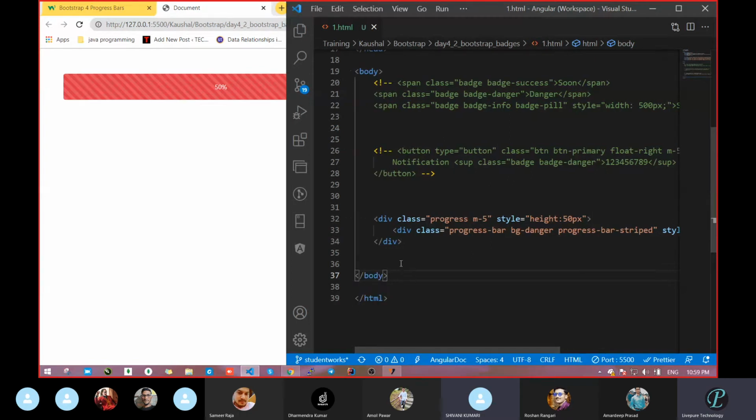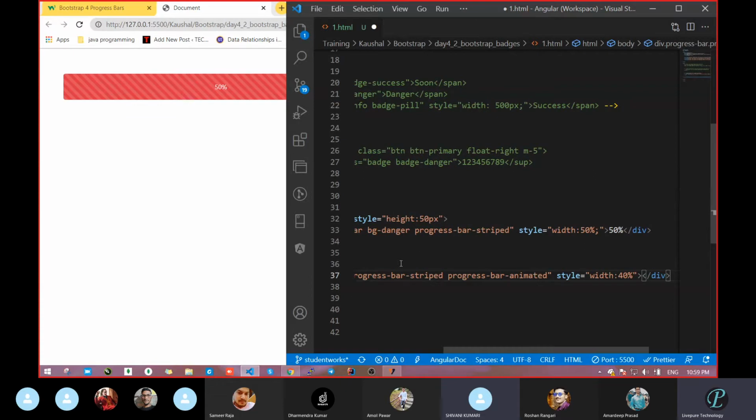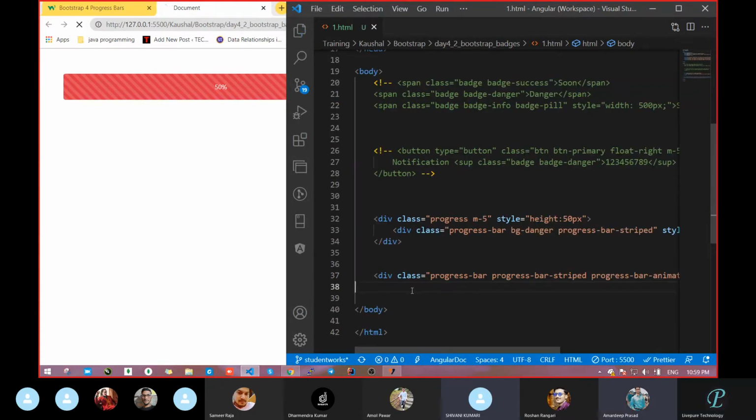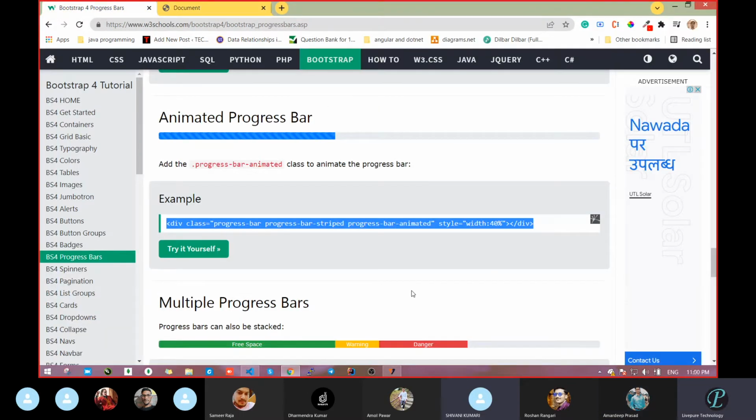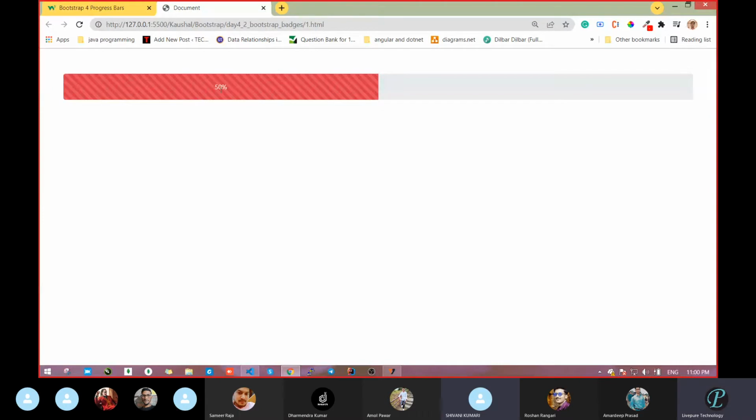It's too complicated. We can do that, it's not that it's not possible. It is possible, but it will be too much of an issue. We can use gradients, linear gradient. Yeah, but with the help of linear gradient, you can change color only. You can't fill this color dynamically. It will be complicated.